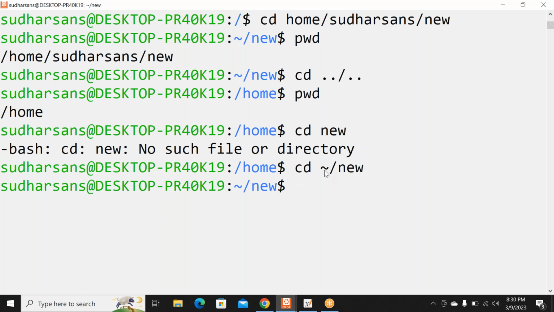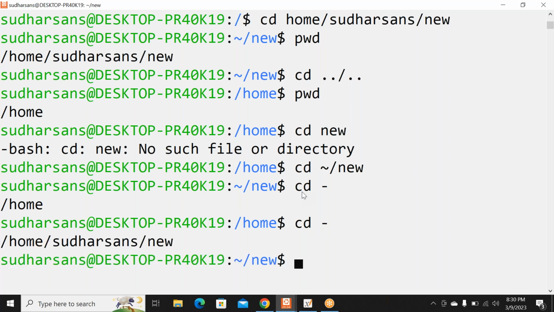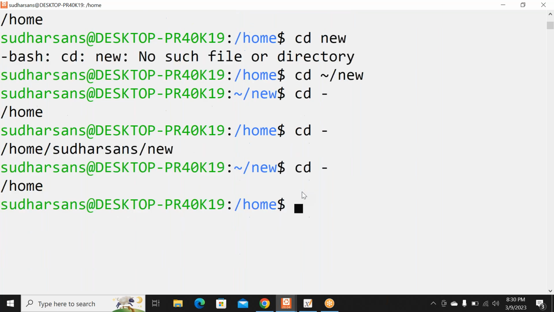Or there is one more way. See guys, cd hyphen you can give. Hyphen here means the previous working directory. Previously, in which directory was I executing the command? New, right? So I can simply give cd hyphen also. If I give cd hyphen, what will happen? Where will I be? It will be again in new. If I give cd hyphen again, where will it be? Home. If I give cd hyphen again,